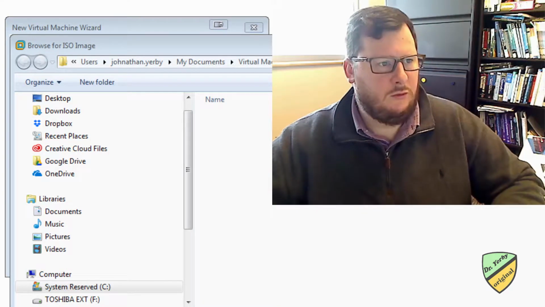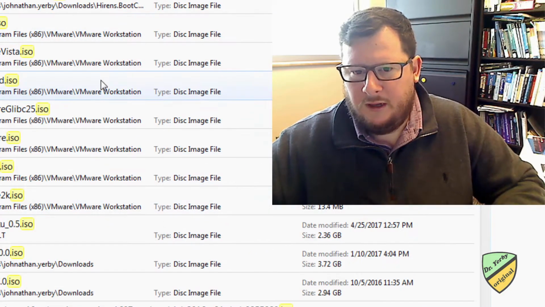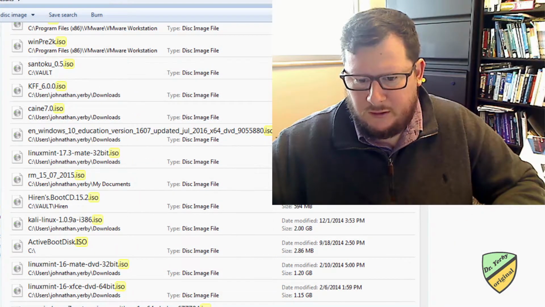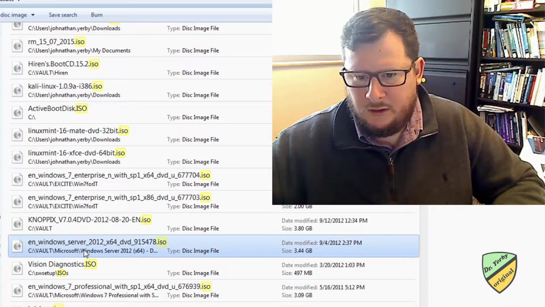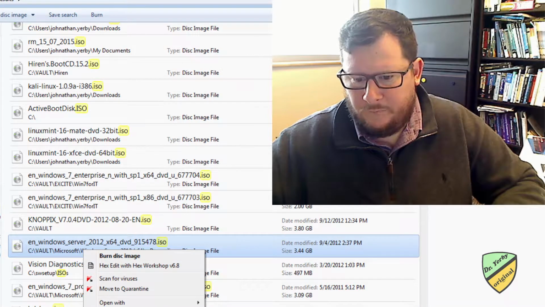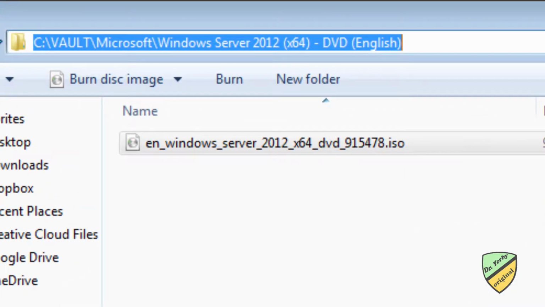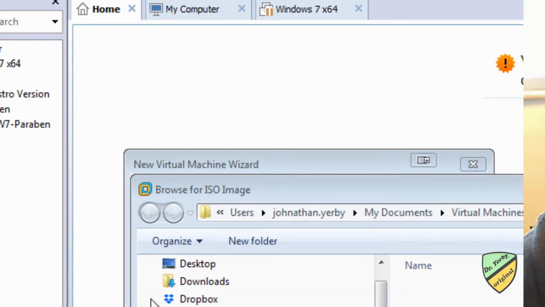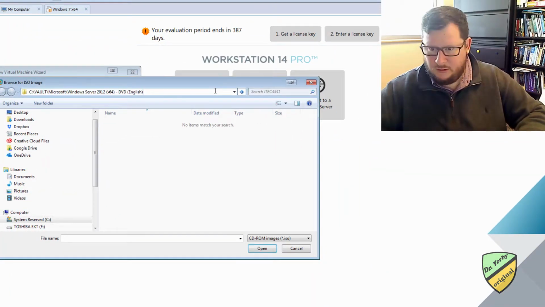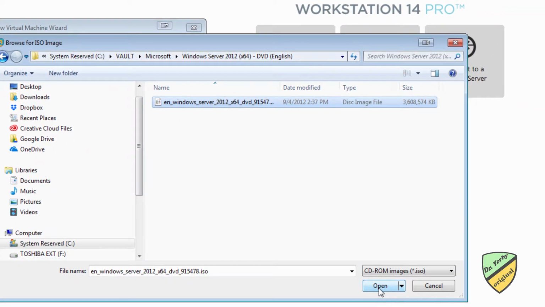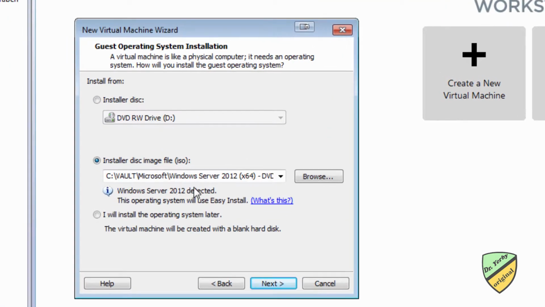So let me look on my computer real quick and see what I have. So I have several different ISO files. Let's see if I can find something. All right, so I'll do this one. So I have an ISO file in a folder on my machine. All right, and so we'll see that, and you see this is a disk image file. So I'll select this. This is going to be a Windows Server file. Hit open, and then